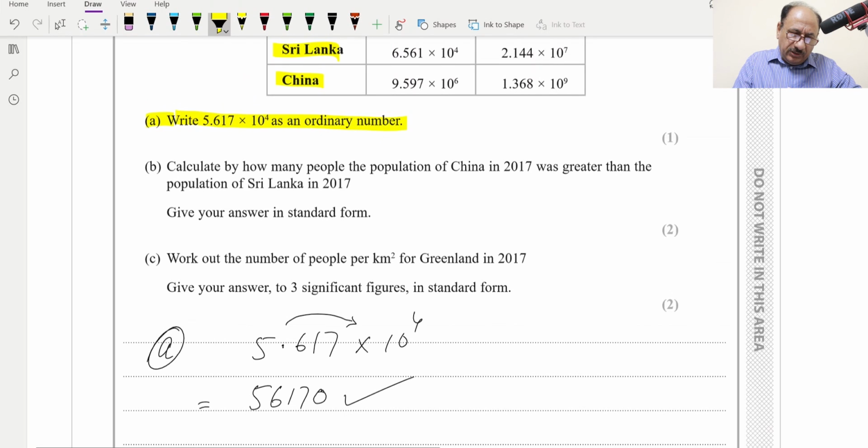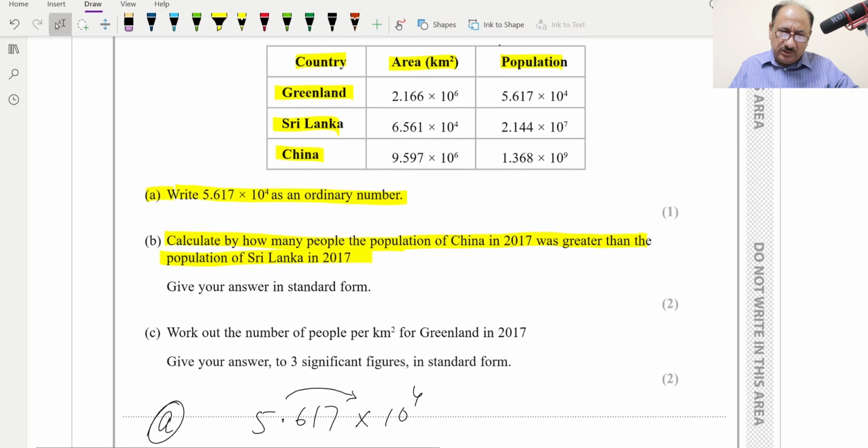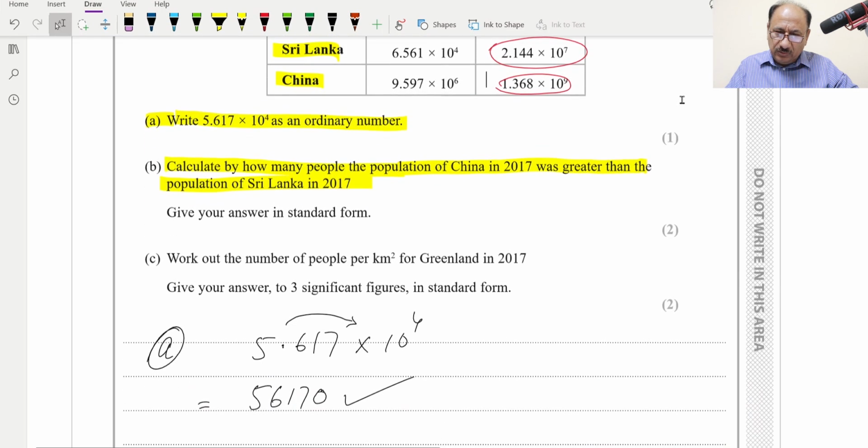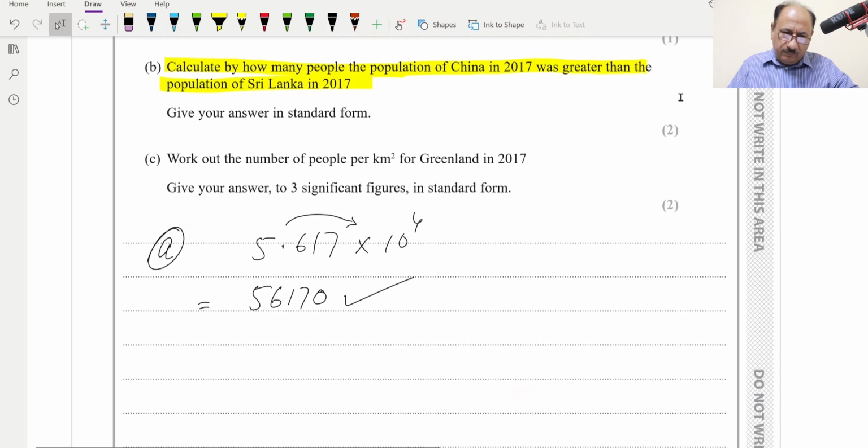Then for B part: calculate by how many people the population of China in 2017 was greater than the population of Sri Lanka in 2017. So we have to check the difference between the population of China, which is this one, and the population of Sri Lanka, which is this one. So we have to check the difference between these two numbers. B part will be